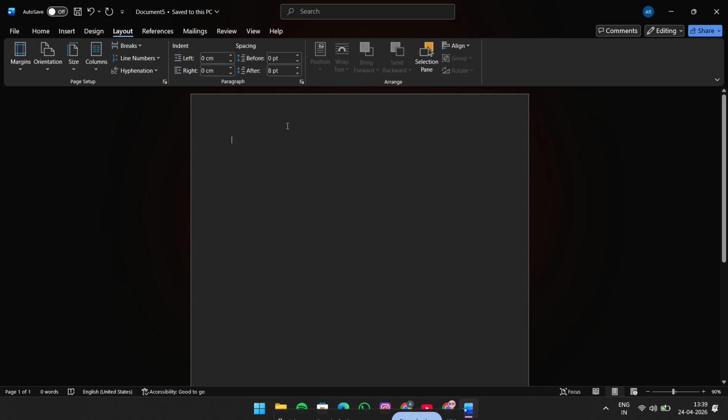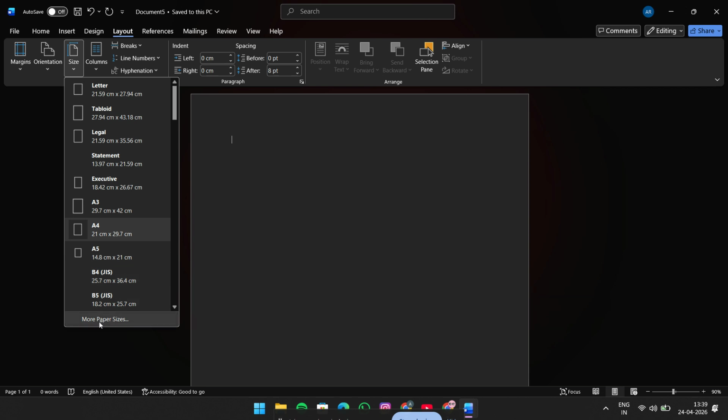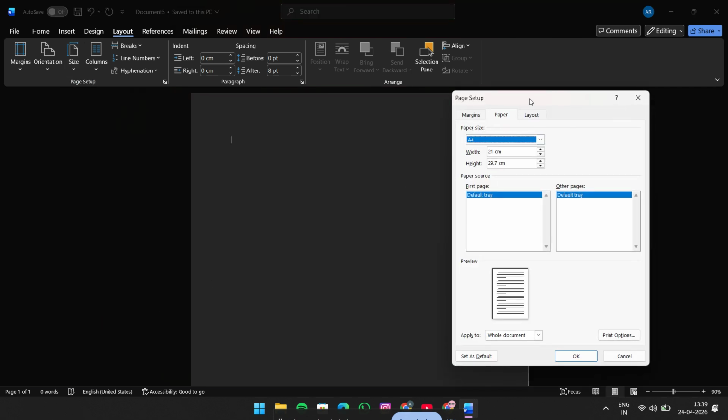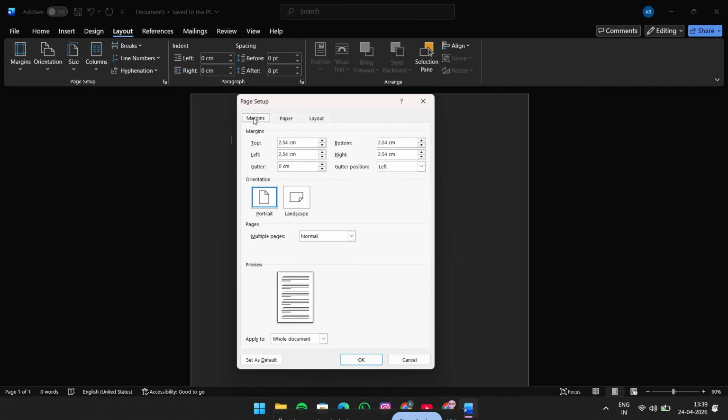If none of the preset options fit your needs, Word also gives you the ability to create a custom paper size. To do that, go back to Layout, click Size again, and then choose More Paper Sizes. This opens the Page Setup dialog box where you can manually enter the exact width and height you want. This is especially helpful if you're designing something for a special print format, like a booklet, label, certificate, or custom